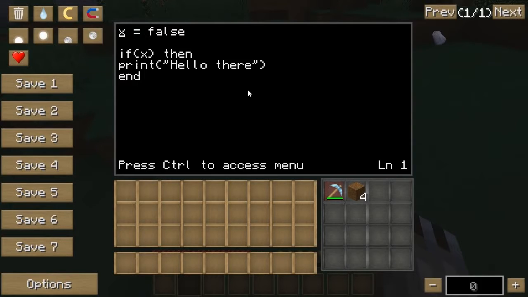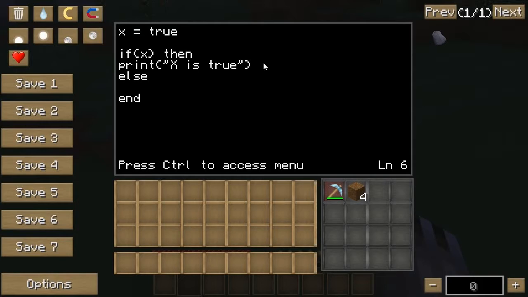Now there's sort of an add-on you can put onto an if statement, something called the else statement. Else means like otherwise. So let me go ahead and change this back to true to keep this simplified. So if x, then print hello there. Well, instead of printing hello there, let me change this to print out x is true. Alright? So we set x equal to true, and now this code says if x is true, then print x is true. Now, before you say the word end, you can also say else,